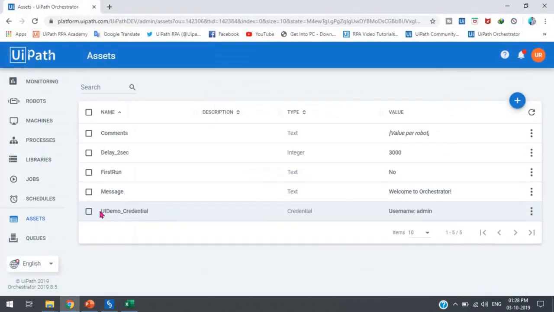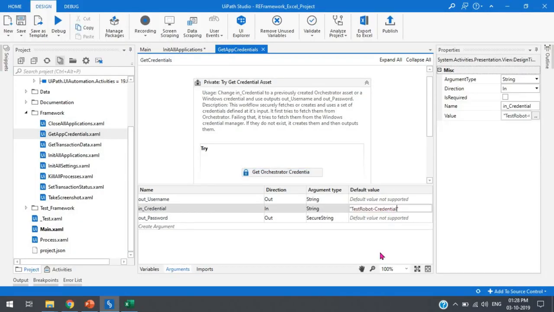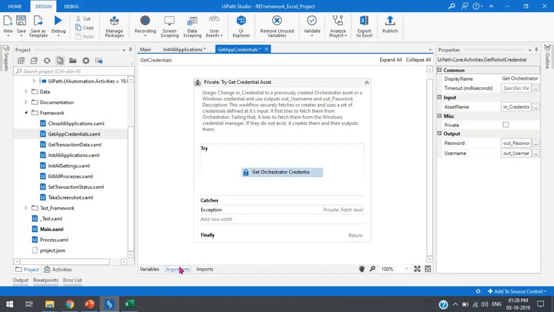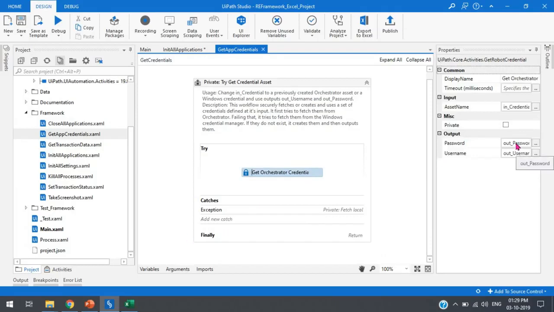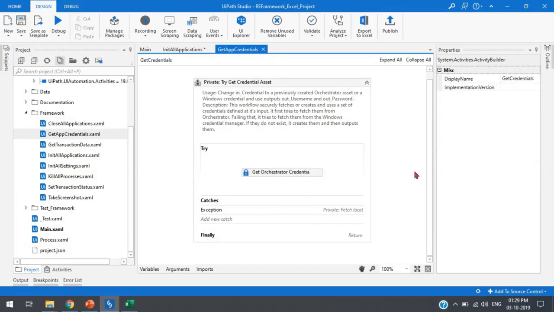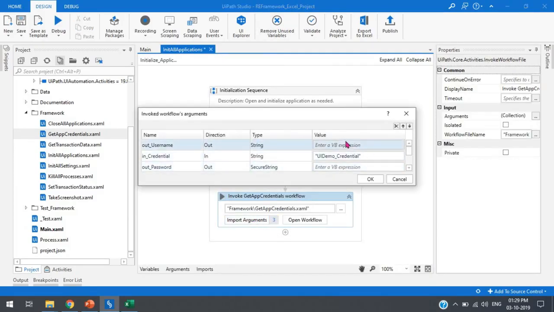For the value we are going to take this UI demo credentials. As you know, the credential of the UI demo is username admin and password is just "password" in small letters. So we need to just replace this one here, paste. So automatically it will apply to the Get Asset, and the output value will be in out password and out username. Okay, so that's it. Save this, import the arguments, take here as a username,